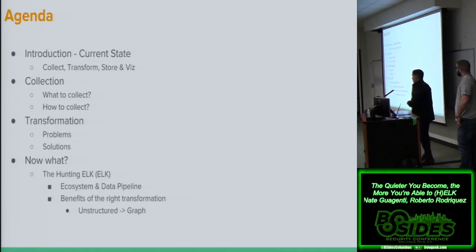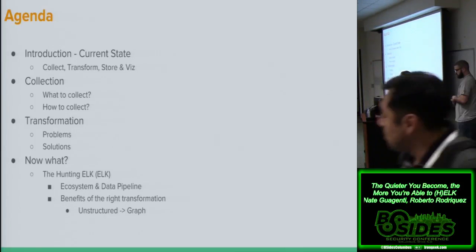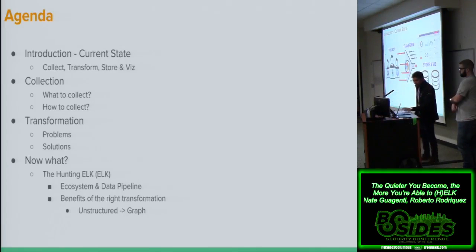Today we're going to talk first about the state of where I've seen organizations, from a collection, transformation, storing, and visualization perspective of data. After that, we'll talk about collection: what the needs are, what you need to collect, and how you need to collect it, as well as the transformation of the data. At the end, we'll show you the benefits of doing it right and how it affects everything. It's not just a matter of pushing your data to a database and expecting it to be awesome and do a lot of cool stuff. So we're going to show you a couple of the benefits of all that.